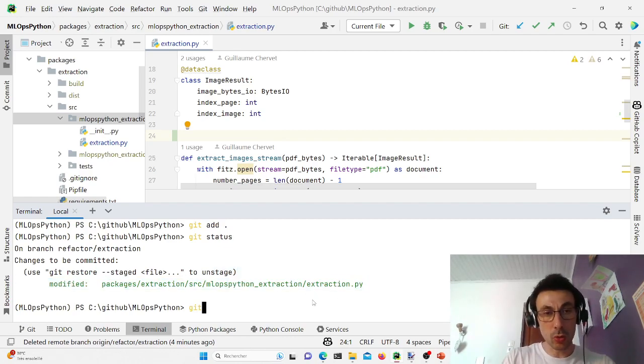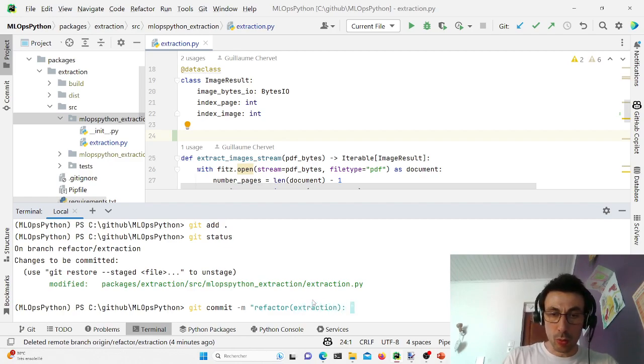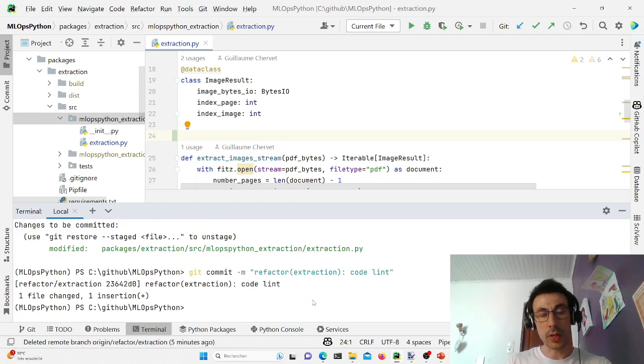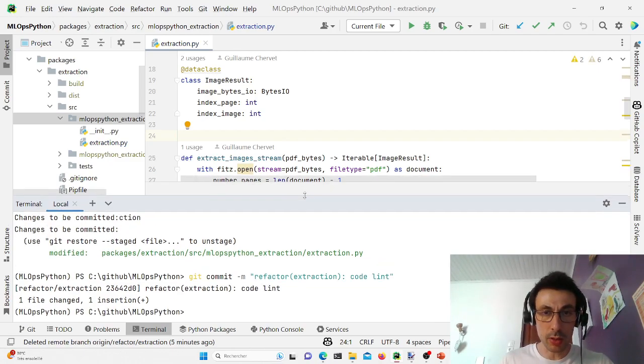I can now create a history point by doing a git commit. But here I'm going to put a comment, so I'm going to put refactor extraction code lint. I've improved the lint code. So now I've made a history point, I've made a commit, but this commit only exists locally,